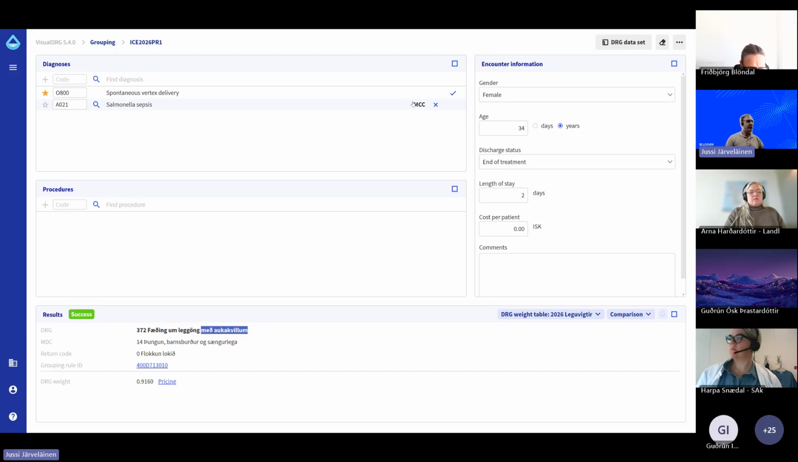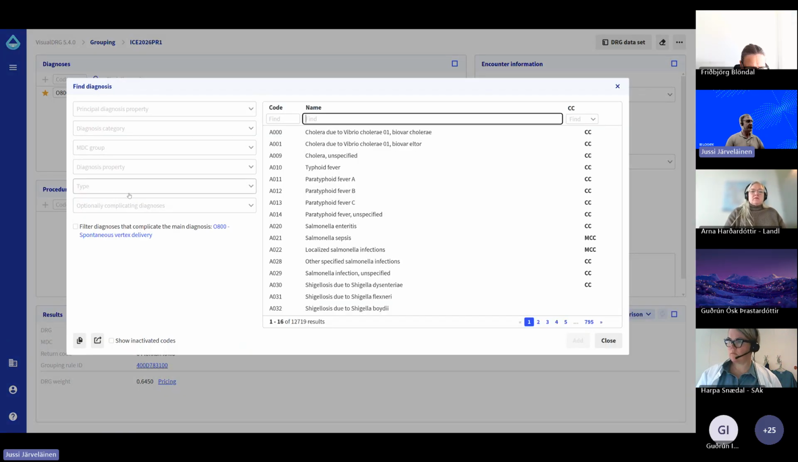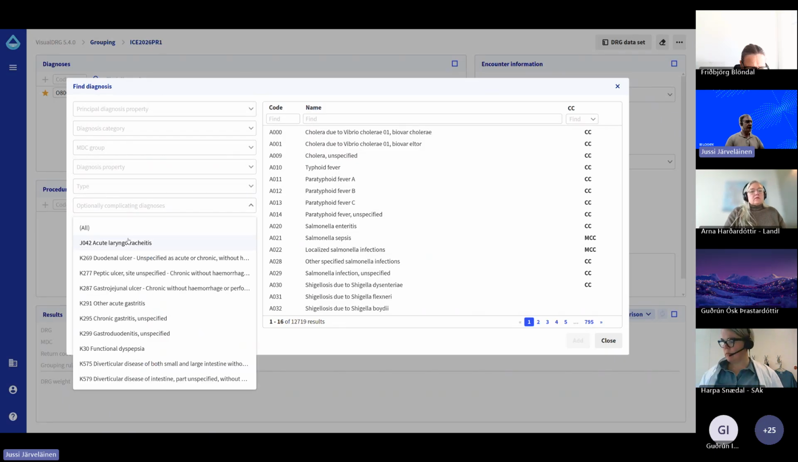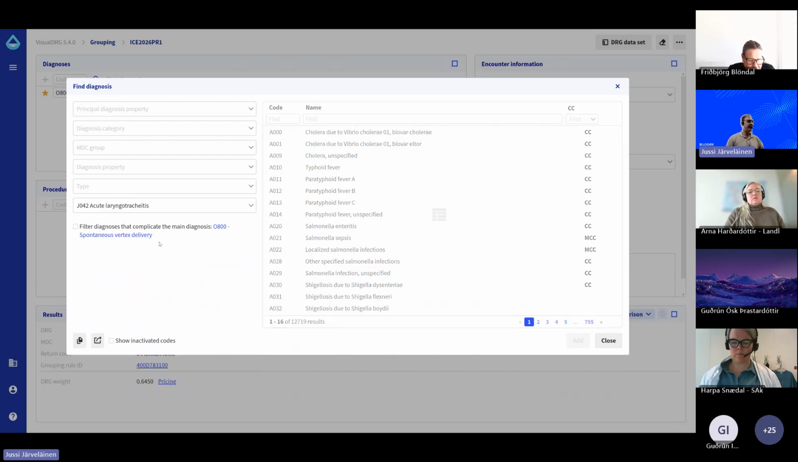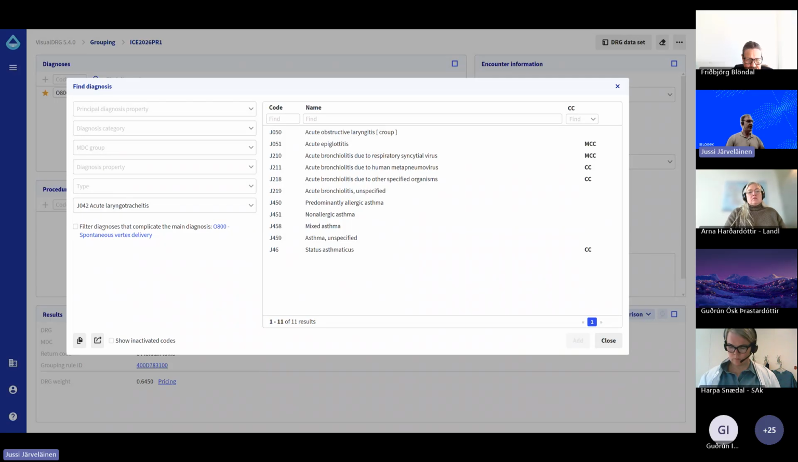Now there's one more, slightly more complex complication, because there's a thing called optionally complicating diagnosis. There's a short list of diagnoses that don't make the case complicated by a single diagnosis, but need another diagnosis that makes it complicated if used together. So I can select here another diagnosis, and as you can see, it's not marked by MCC or CC, so it doesn't make the case complicated